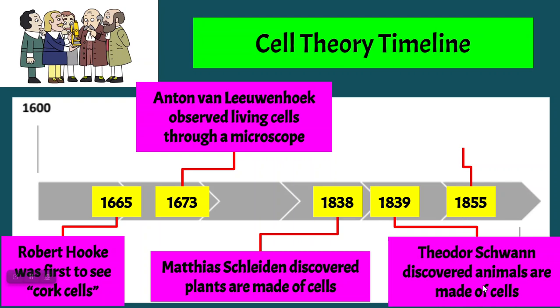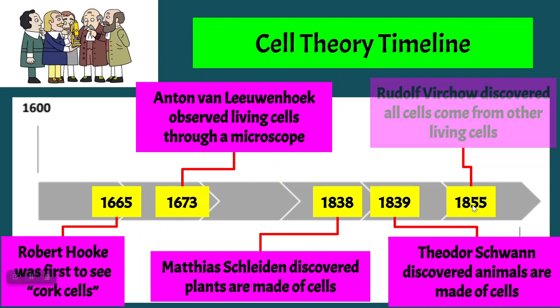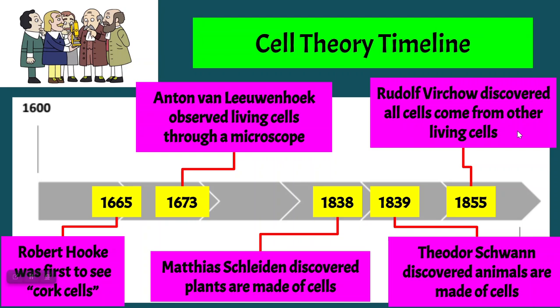Okay, he looked at water, and he actually called them animalcules. So 1855, also not too terribly far away from Schleiden and Schwann, we have Rudolf Virchow, and he discovered that all cells come from other living cells. So if you remember from the video,